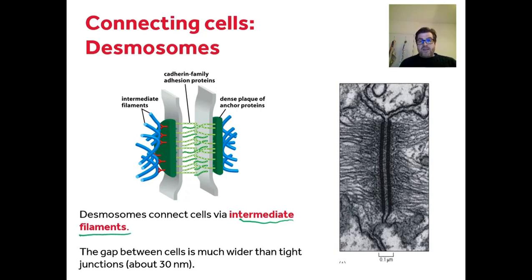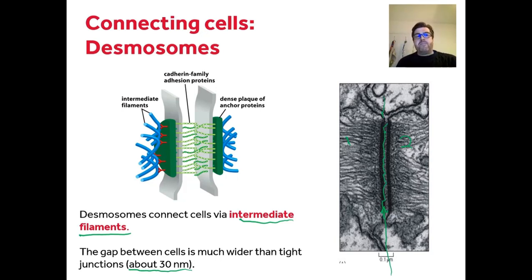The other thing about these desmosomes is that the gap between the cells is much wider than tight junctions. So here we have about a 30 nanometer gap, and you can see under this electron microscope here we have two neighboring cells, 1 and 2. There's that gap in between,